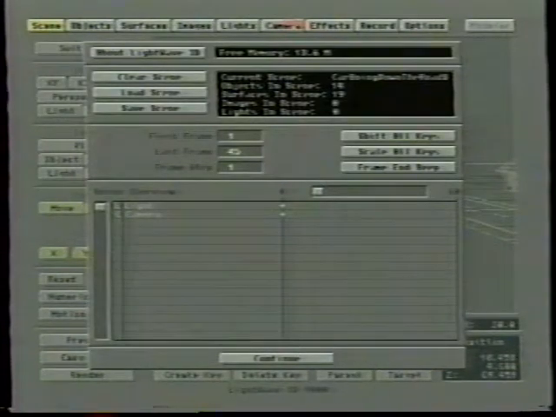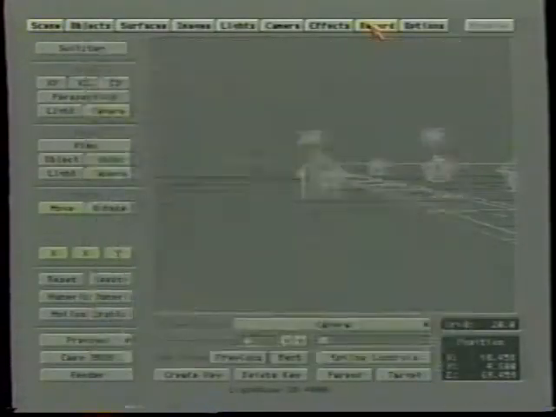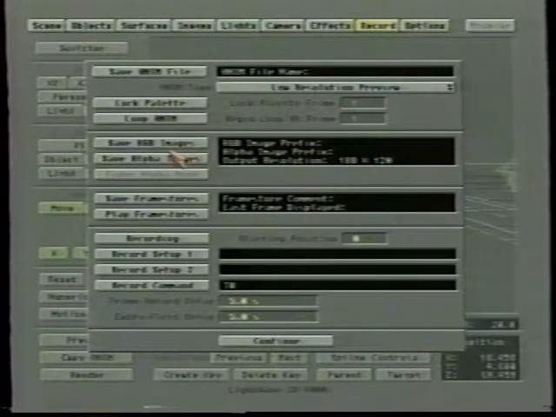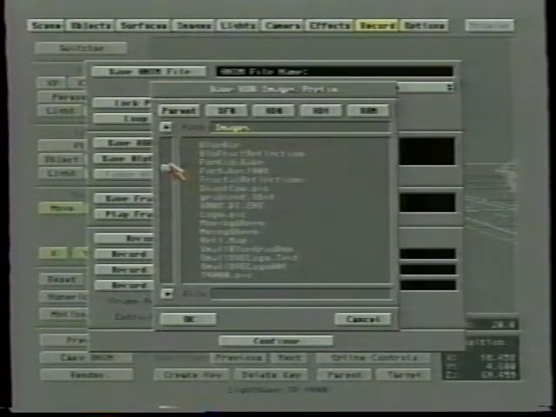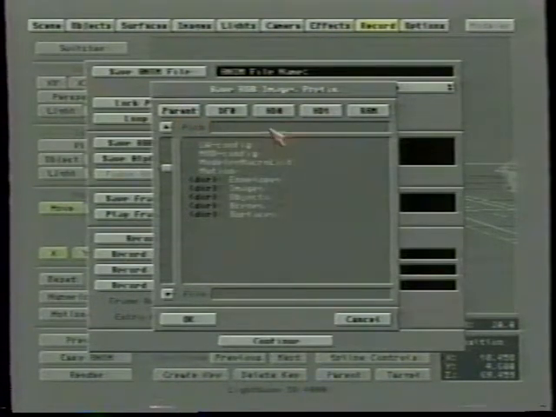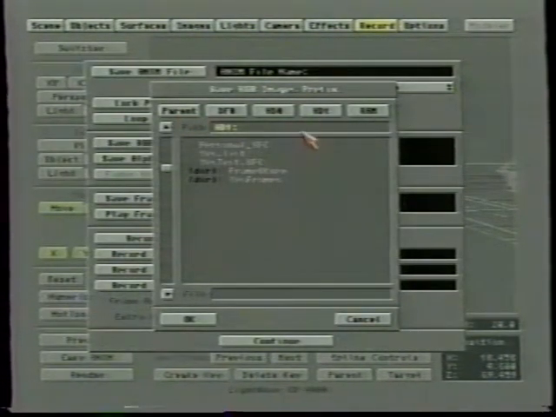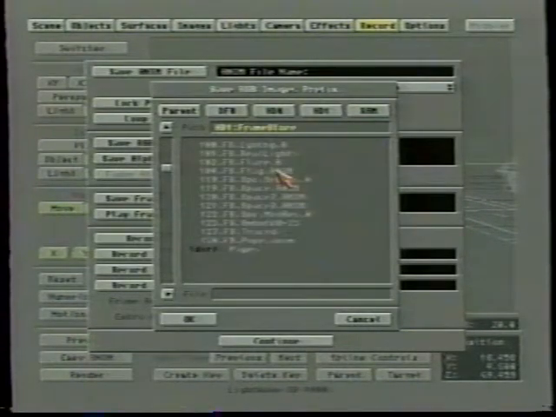Now one thing you couldn't do here is you couldn't save this as an animation. You couldn't save this using the Save Anim mode in Toaster 4000. The only way you can do this is to save the individual frames out. So we'll go to the Record menu, and since we're using the DPS Personal Animation Recorder, we'll use the Save RGB Images mode, and we'd click on Save RGB Images, and then what we'd want to do is just find an empty space to put them in, and I'm going to do it on HD1 into the frame store directory here, and we'll call this